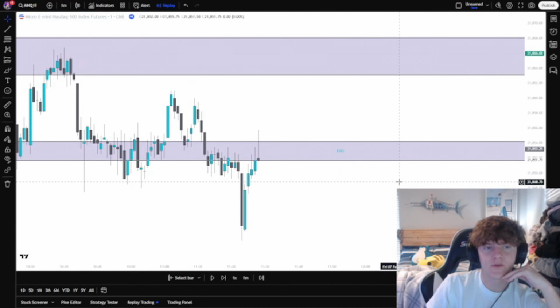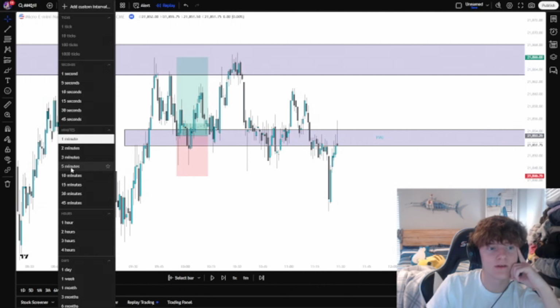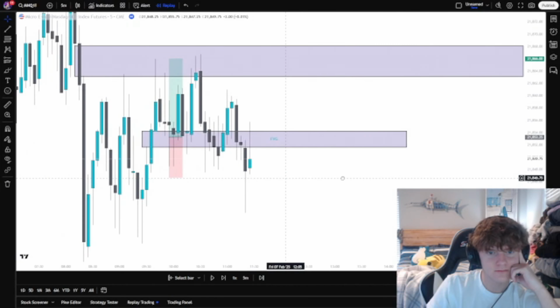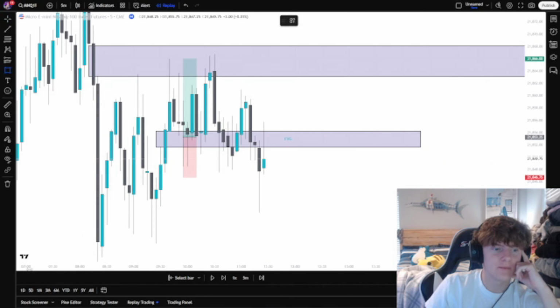Right now, obviously, let's go ahead and look for another trade. It's 11 o'clock. Trades are still valid here for the day. Let's go ahead and look at the 5-minute chart. So the 5-minute chart here, obviously, you could have had a bunch of entries here. So let's go ahead and clear the